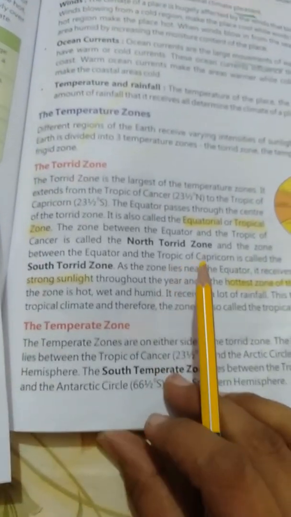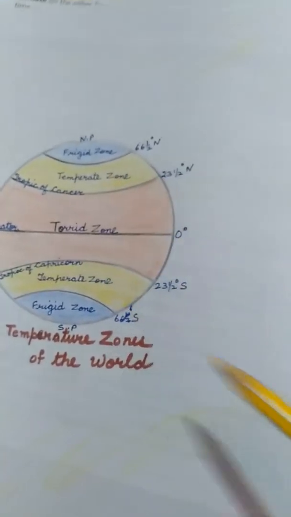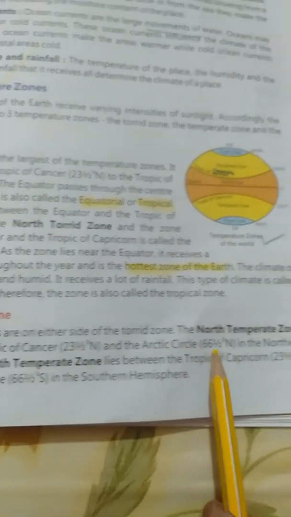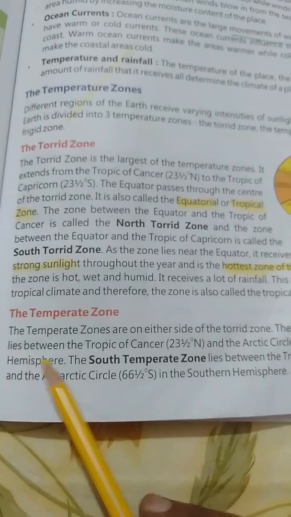So let's learn something about the temperate zone. Keep in mind we are learning about now these yellow color temperate zones. The temperate zones are on either side of the torrid zone. The north temperate zone lies between the Tropic of